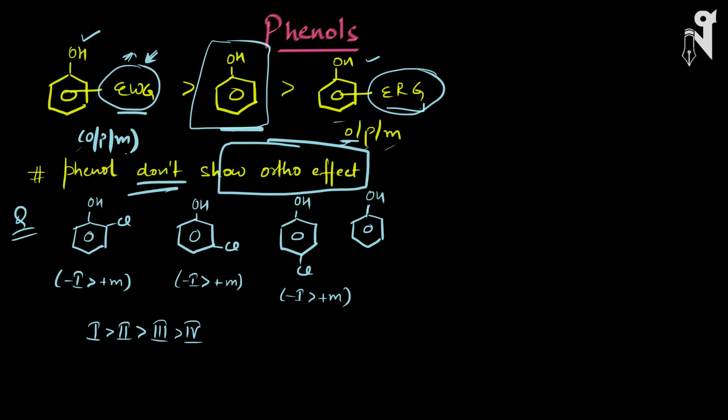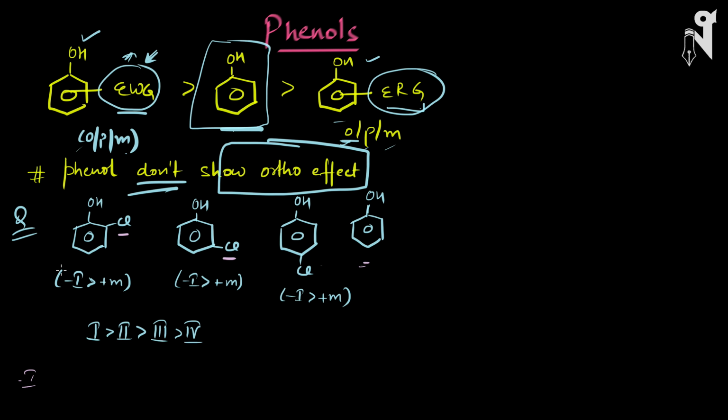And now let's quickly see how to solve the questions where the acidic strength order has been asked. Here we have phenol with chlorine substitution on ortho, para and meta position, and then we have a normal phenol. Now let's understand how the acidic strength will get affected. Chlorine represents -I and +M, but always remember chlorine or halogens generally tend to show their inductive effect more prominently. Their mesomeric effect is much less dominating, or you can say the mesomeric effect is something which we don't consider. We generally talk about the inductive effect of halogens, especially chlorine.